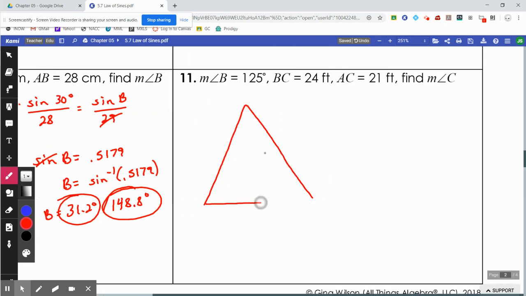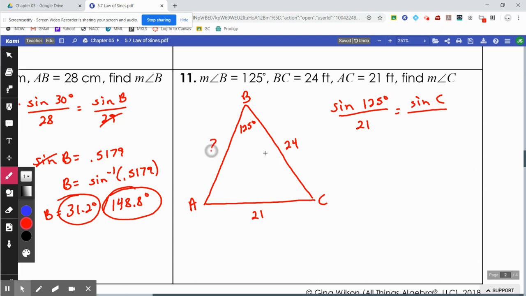Okay, the last one. Let's draw our triangle. Label your angles A, B, and C. We're given that angle B is 125 degrees. We're given BC is 24, and we're given that AC is 21. So our law of sines states that sine of 125 over 21 will equal, we're looking for angle C here, the sine of C over